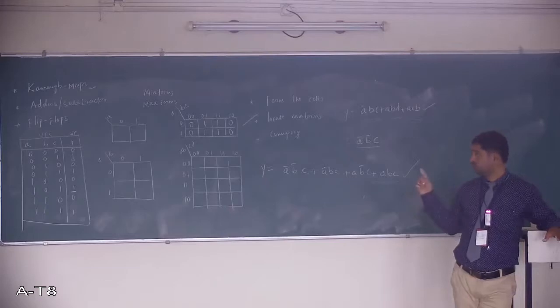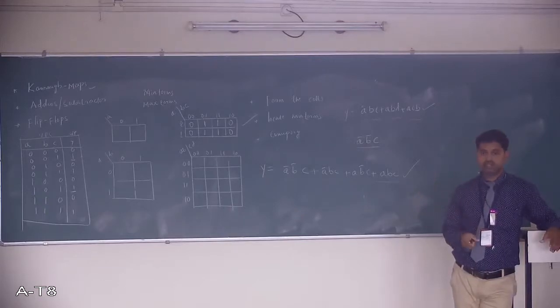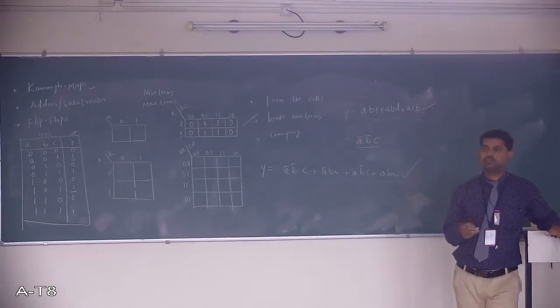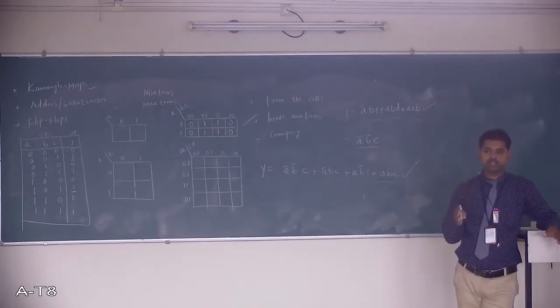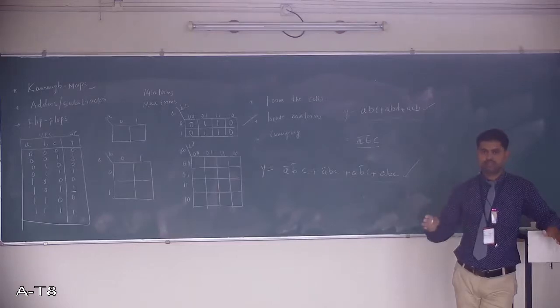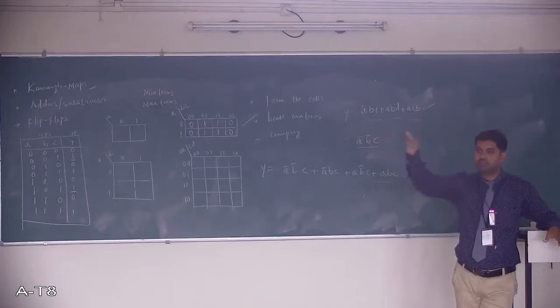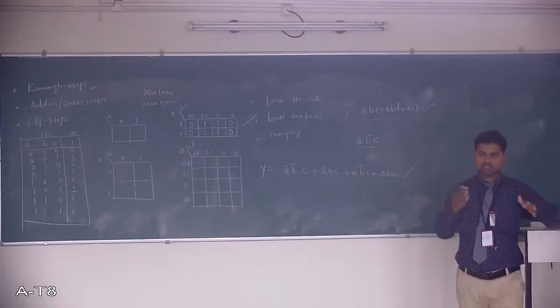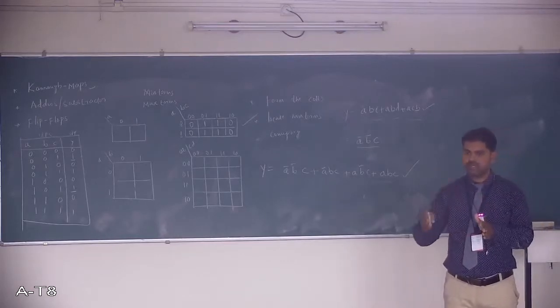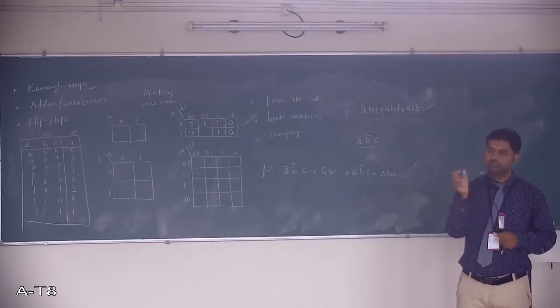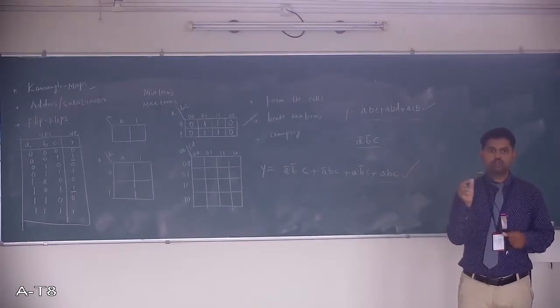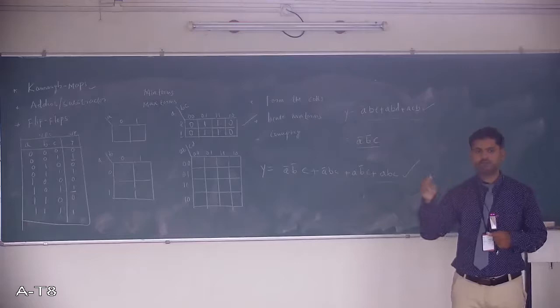Once you do this, the very next level, the third step, is grouping of the cells. You should form the groups in such a way that all the cells must be adjacent. They should be side by side. One cell is here, one cell is there, you are not allowed to group it. If you want to group it, those cells should be adjacent. Side by side. And the grouping volume will be such that you group two cells. We call it a pair.